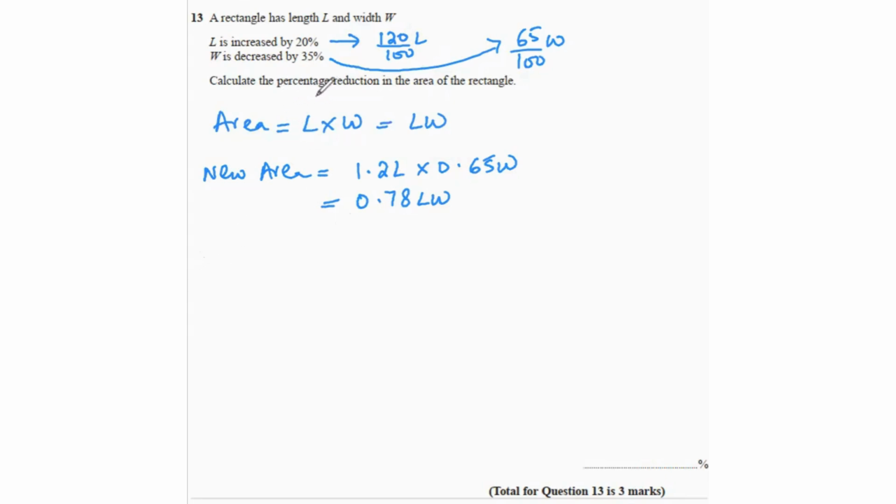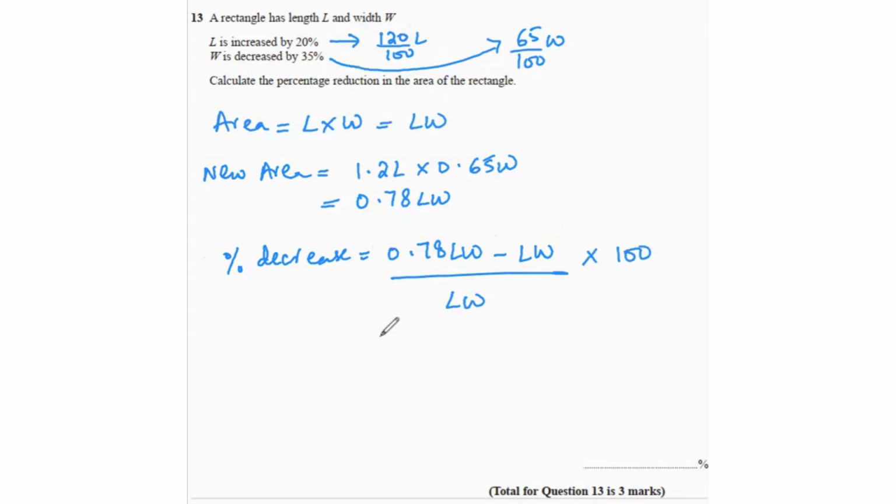They want us to calculate the percentage reduction in the area of the rectangle. So as I told you, for percentage increase or decrease, the formula is the same. New value minus the old value, divided by the old value. The new value is 0.78 LW minus the old value, just LW, divided by LW,